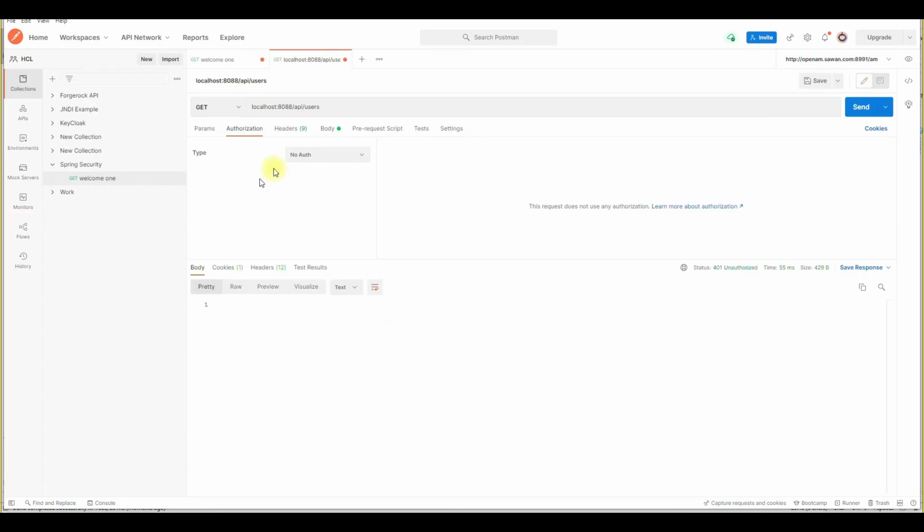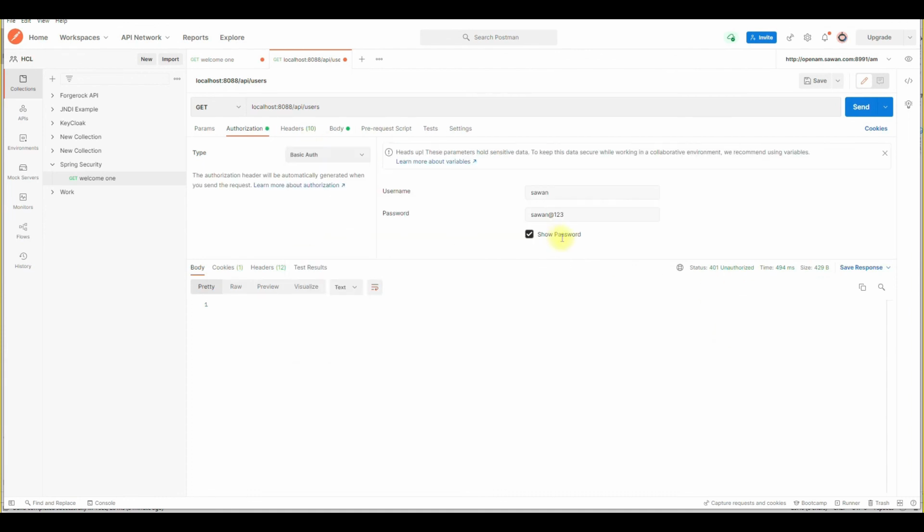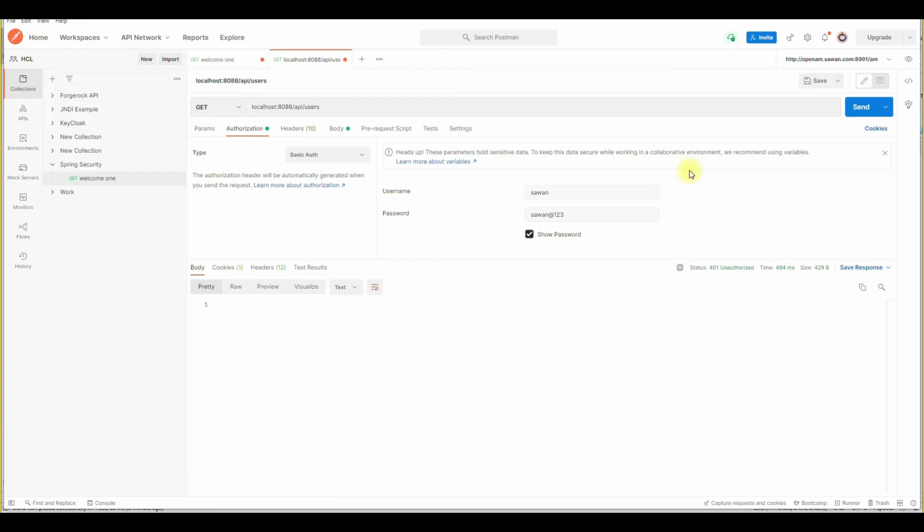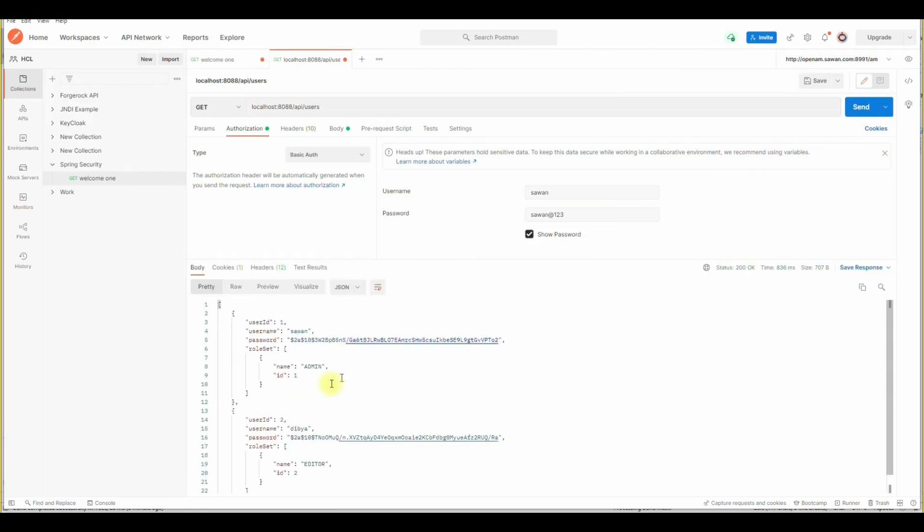So let me check here. Get mapping, currently it's at no auth, so it should be 401. Now provide the authentication here. Firstly let me check with the admin, because we already provided the authority to admin, so it should be accessed by the admin. Now we are able to access with this admin.